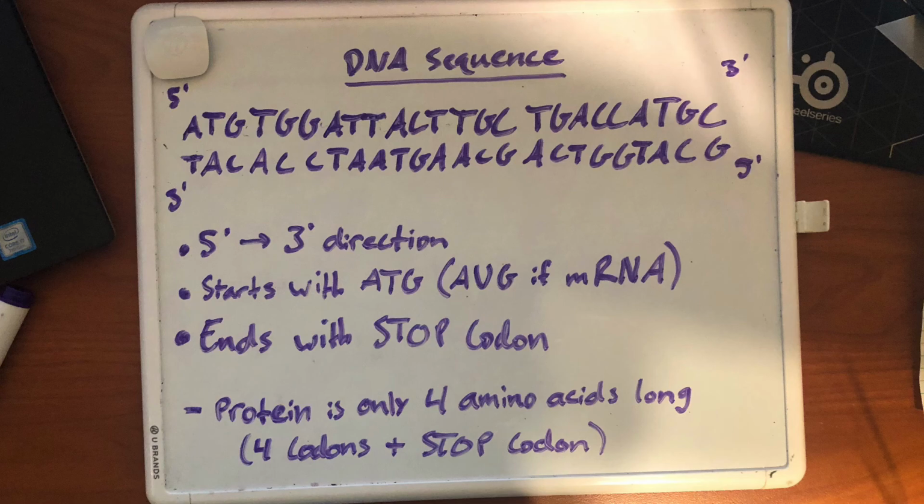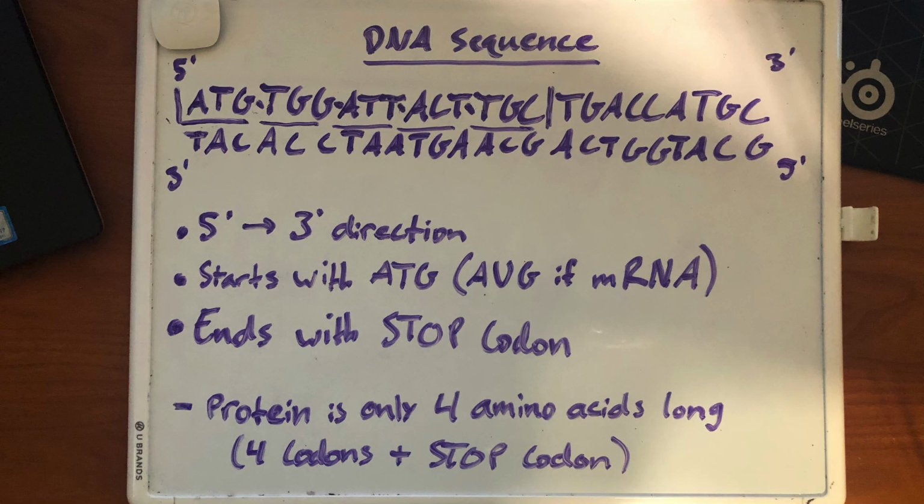So since a 4 amino acid protein is created, that means that there are 5 codons in this reading frame, including the stop codon that codes for the stop of transcription. So looking in the first strand, we see that the 5' and 3' directions are already given to us. And so the only ATG in that first strand is the very first one that is seen. And so the next codons that we see are TGG, ATT, ACT, and TGC, which will actually be the incorrect reading frame because it does not end with a stop codon.